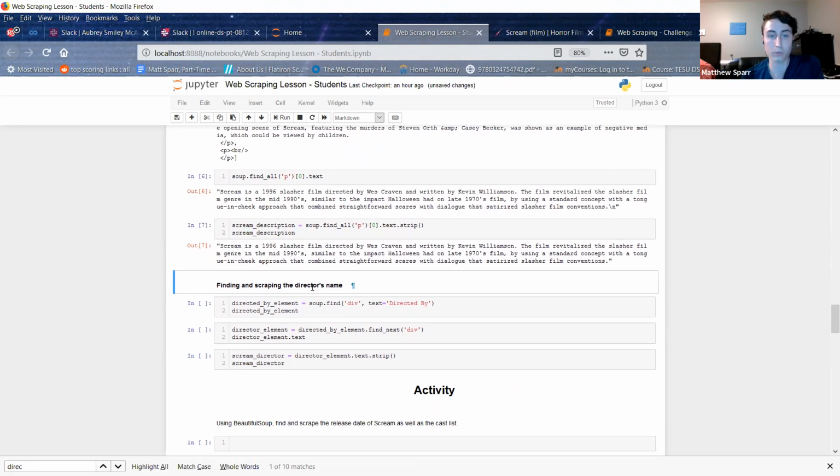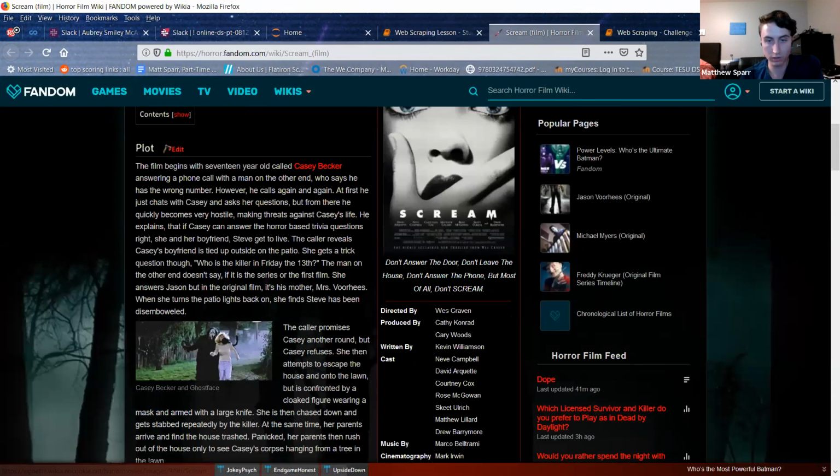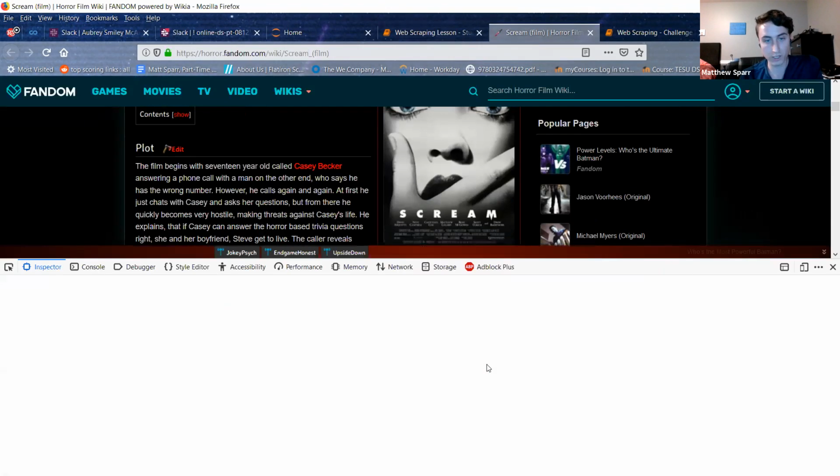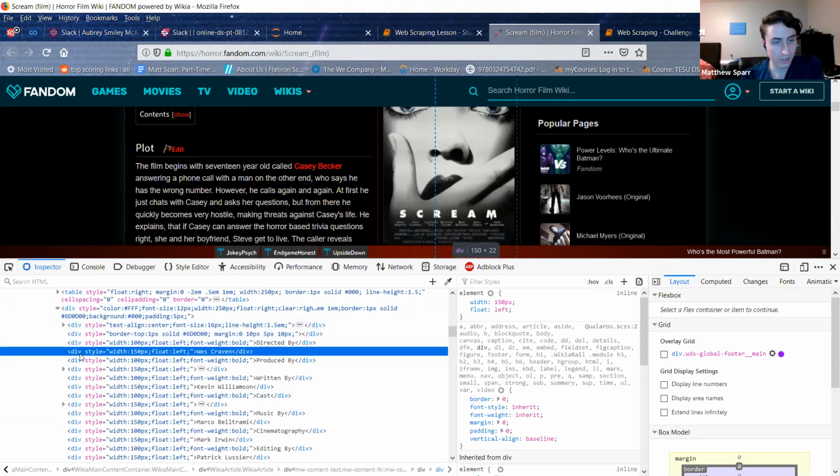Let's find and scrape the director's name. So that, I believe, is in that nice table on the right side here, directed by Wes Craven. So let's go ahead and highlight that, inspect element, and see where it is in the HTML. We can see here it's under a div tag, a divider, but we can also see there's a ton